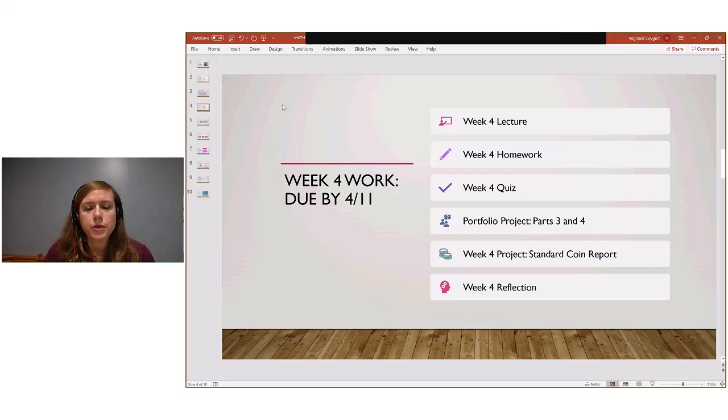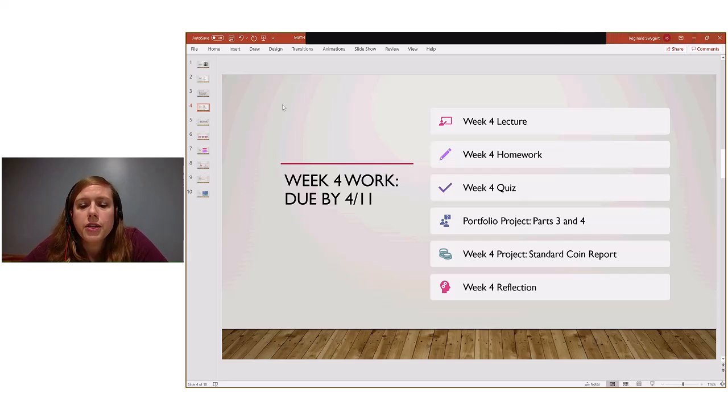So you'll have parts 3 and 4 due for next week. Part 3 and part 4 are not too bad. And if you have started working ahead, some of you have already completed parts 3 and 4, or at least you've looked ahead to see what you need to do. My suggestion to you again, which I mentioned before, is if you're on a roll with it, just keep on going, okay? You should be able to answer most of the questions in the portfolio project already. You could probably finish, for the most part, the project if you wanted to, but this is your good pacing.